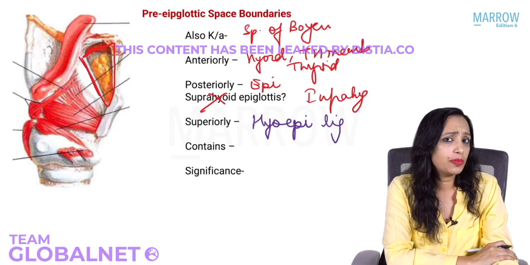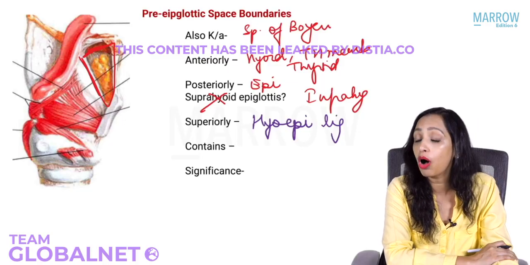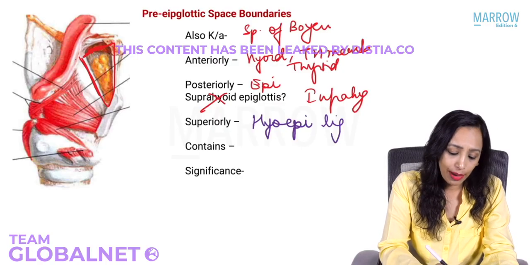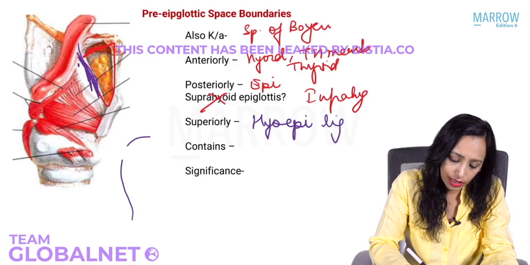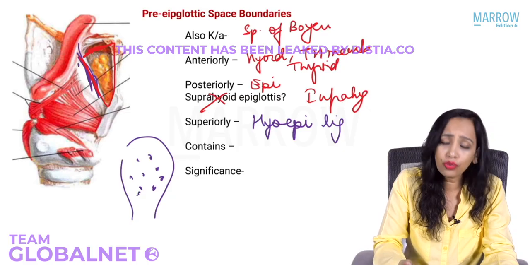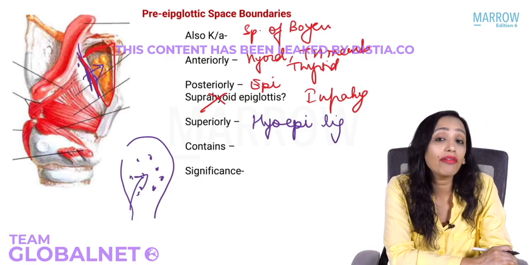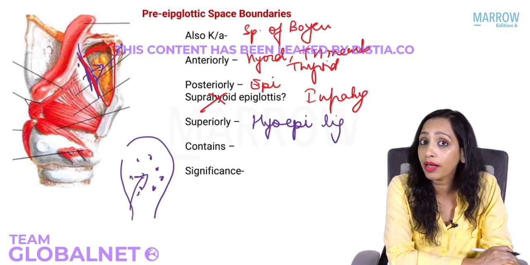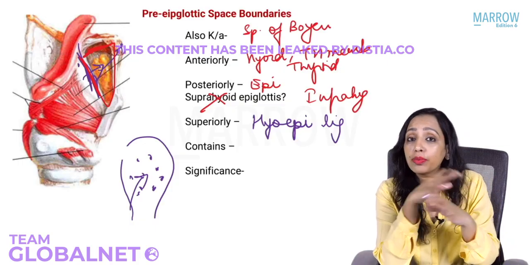The pre-epiglottic space, in fact, is a very important route of spread of tumors of the supraglottis. Why? Because the epiglottis has multiple openings, multiple foramina, through which the infection can go very easily into the pre-epiglottic space. Here we have the lymphatics, and here it can spread very easily to the outside. That is why the carcinomas of the supraglottis spread exuberantly.